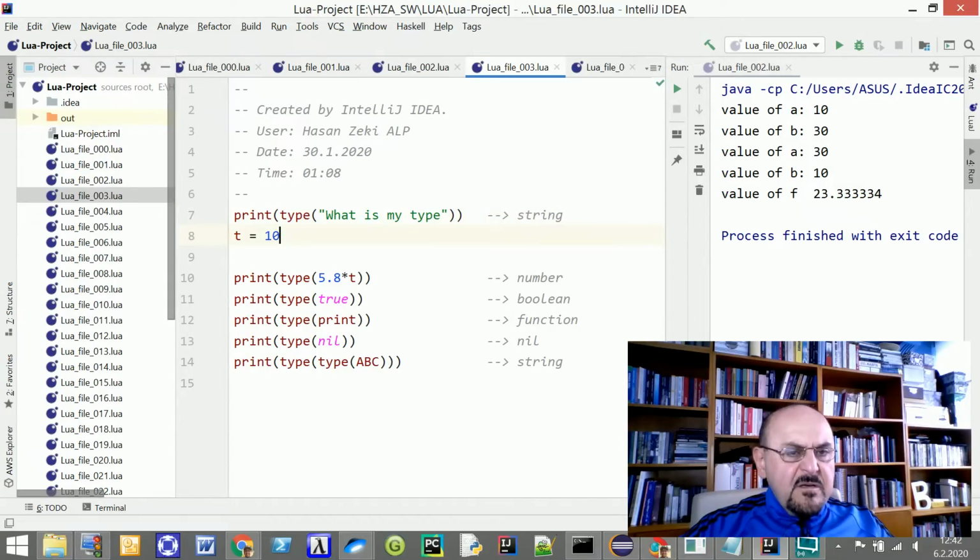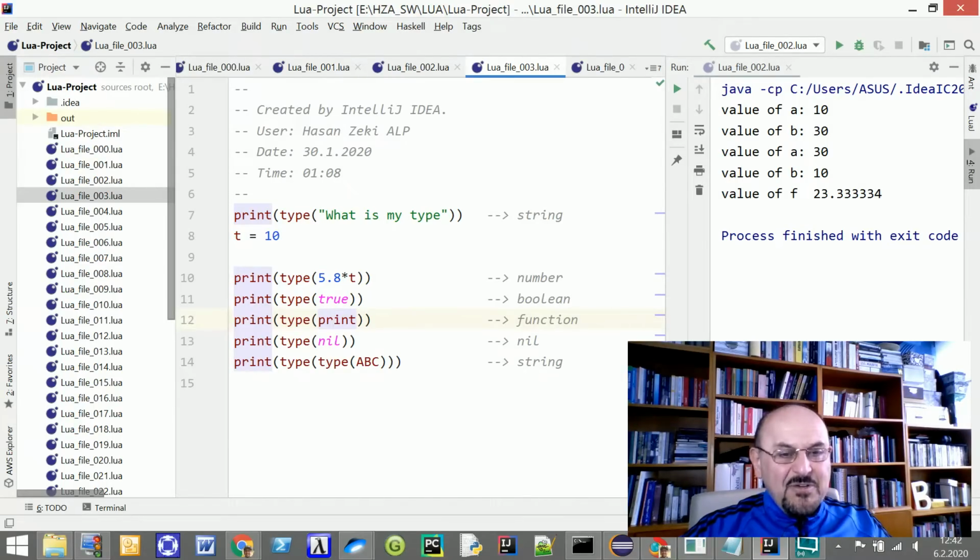Okay, here I assign a value for t, 10, and here I make a simple multiplication, 5.8 multiplied by t, and I query about its type. And I use a logical expression here, true, and I query about type, and I would like to print out the result. And of course, as well, I would like to query about the print function.